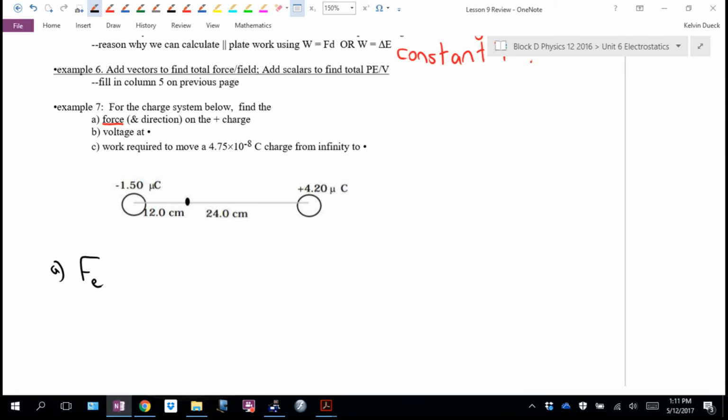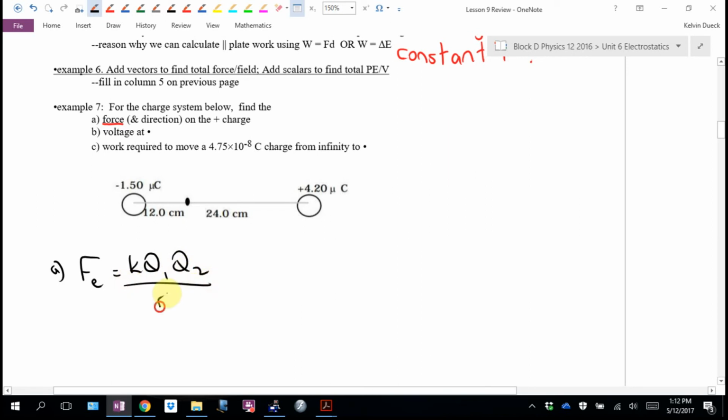Julian, which equation am I going to use here? Well, it's got to have an F in it, yes? So find the equations that have F's in them. And then read me the one that has 2 charges in it, because this has 2 charges. K. Yep. Q1, Q2 over R